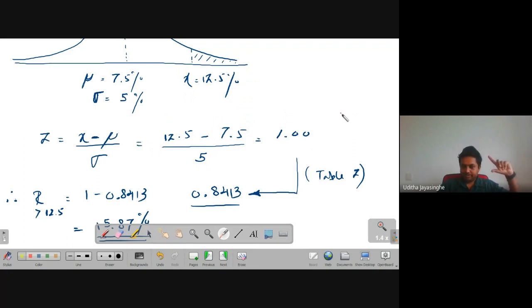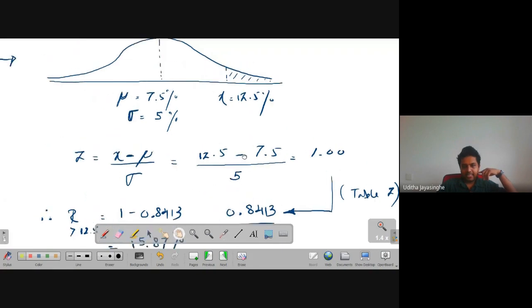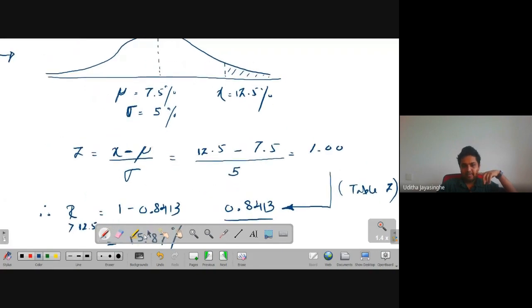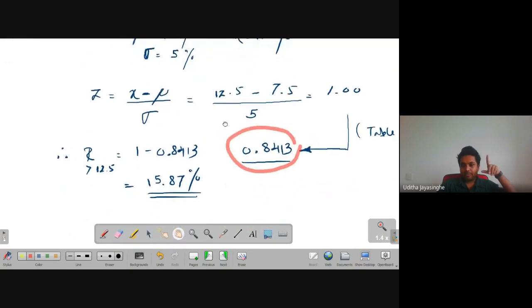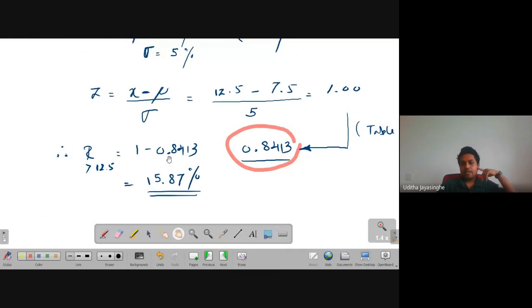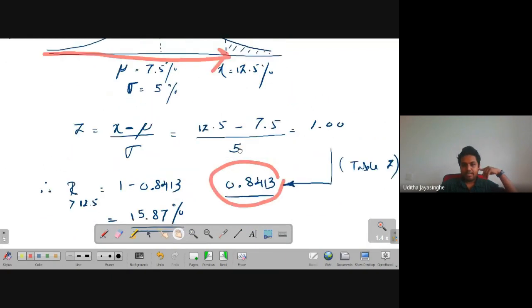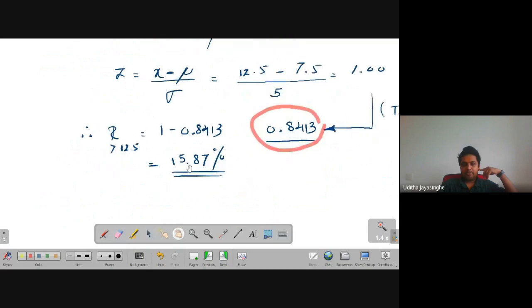So from the table, now I don't think that I have to repeat it over and over again. I look for the table, go for the positive side, look for 1.0 and then 0, 1.00. The area that I'm going to get is 0.8413. But I know the fact that the 0.8413 is the area to the left of the curve, up until here, 0.8413. But my focus is more than 12.5 portfolio return. More than that means 1 minus value, or the flip side, or the missing part, is going to be 15.87